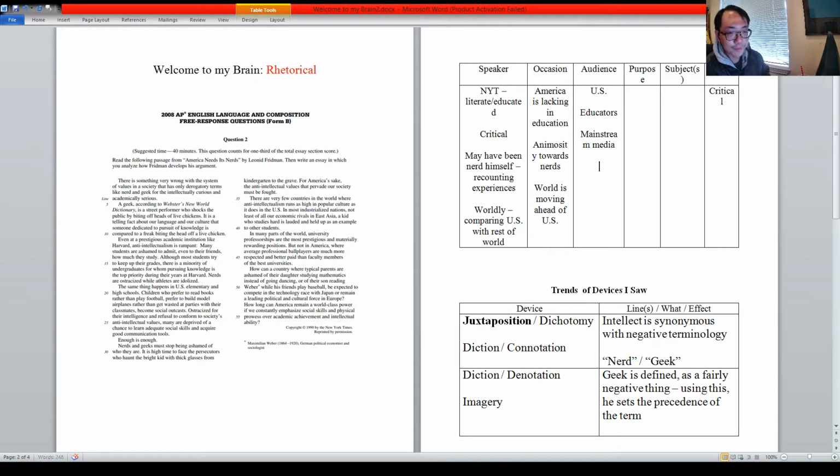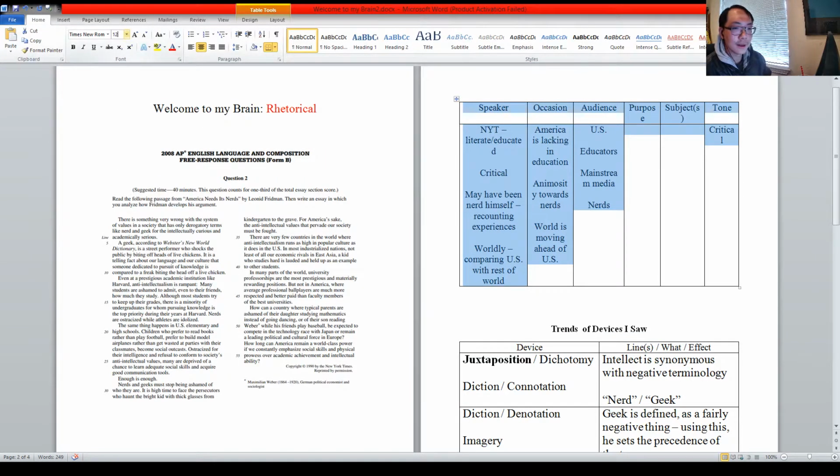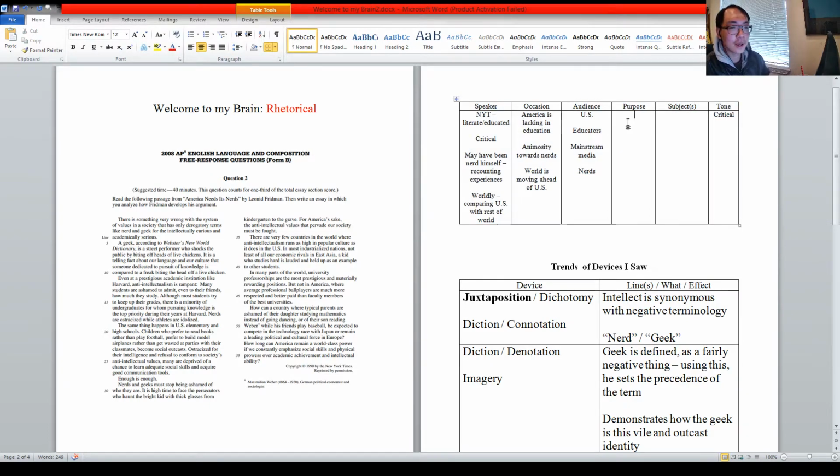Nerds themselves. A supporter, right? I'm advocating for you. I'm on your side. And nerds are like, thank you, Leonid Friedman, as I play Dungeons and Dragons. Maybe slide a little smaller. Purpose. Well, he's trying to convince readers that nerds are necessary